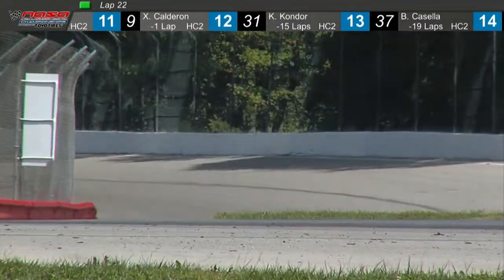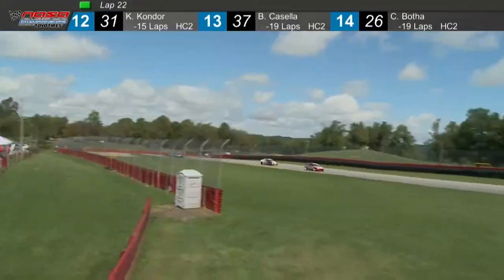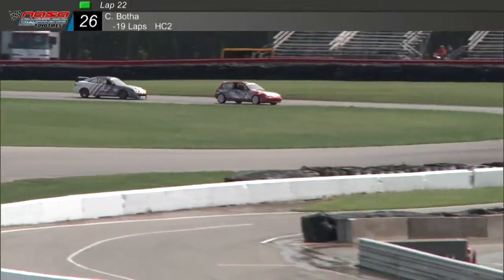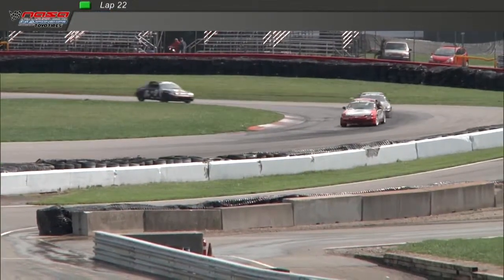Looks like we have David Sherman back there. We saw him, so that may be some lap traffic. And here they come. Now Baker is closing up. Now if I was being a clever guy, I would wait and try to get a good run